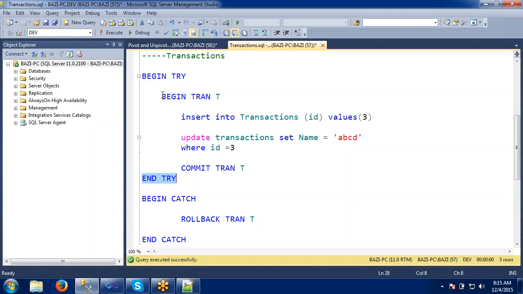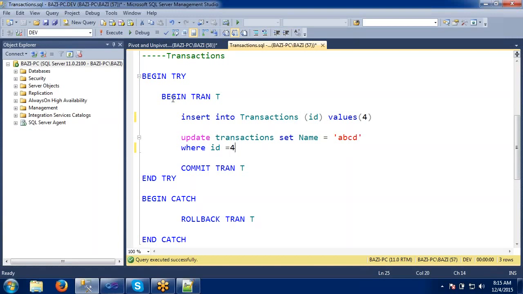In between, I have given a transaction, which is nothing but begin transaction with some alias name t, where I am doing the same thing, not changing anything. Inserting into the table the ID value as 4. Why? Because I already have 3. I am going to insert this and update where this ID. When I insert this, the value for this ID should be inserted and updated like this.